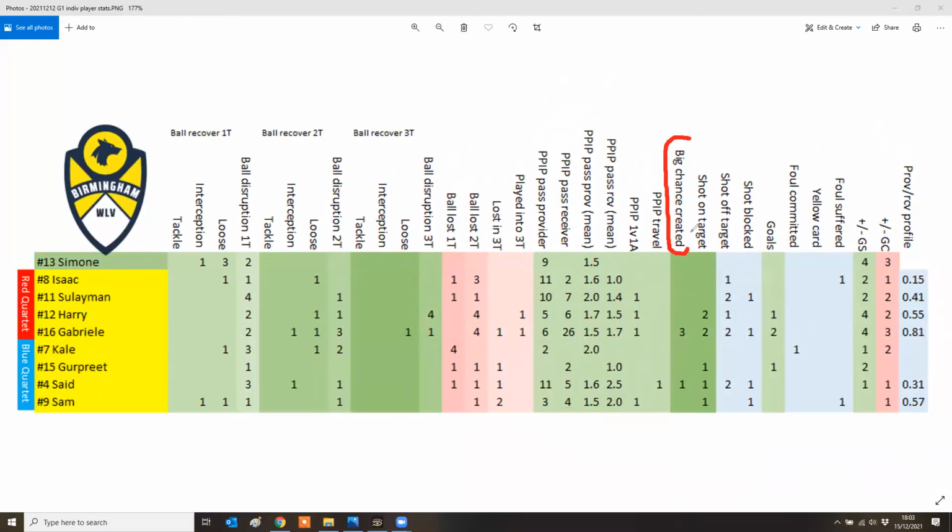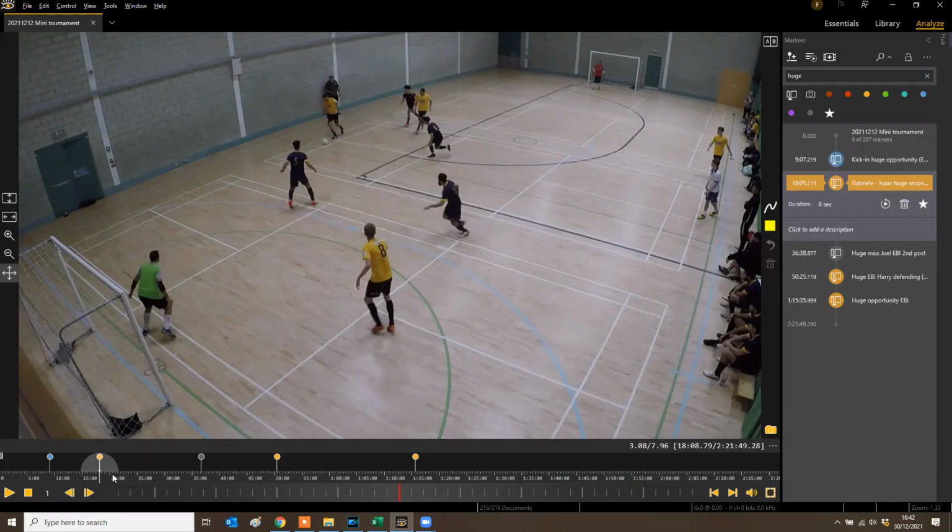This column is different to assists. This is big chances created. So why don't we bother with assists? Well, assists are no good. So for instance, here, if I'm this player playing the ball in,